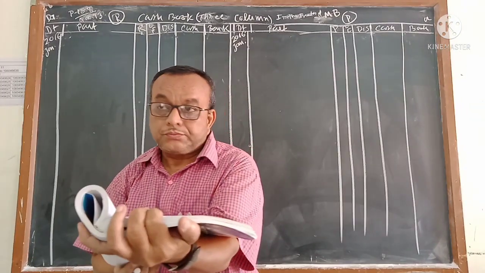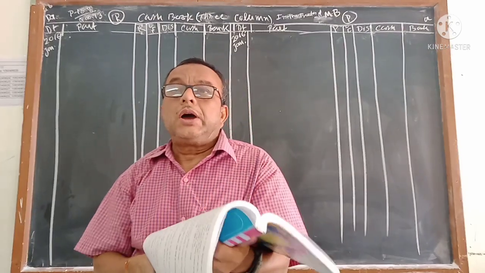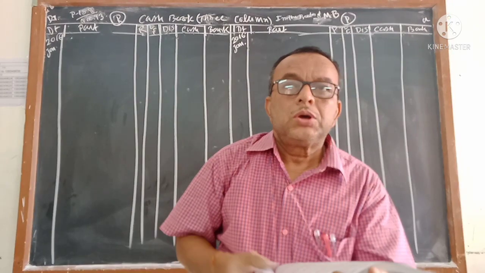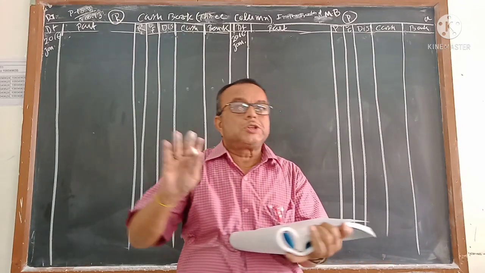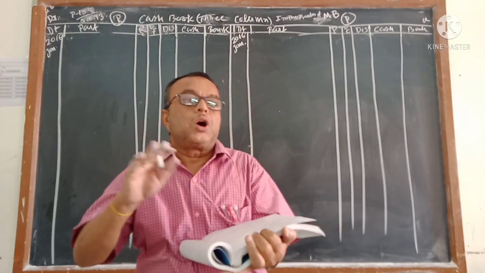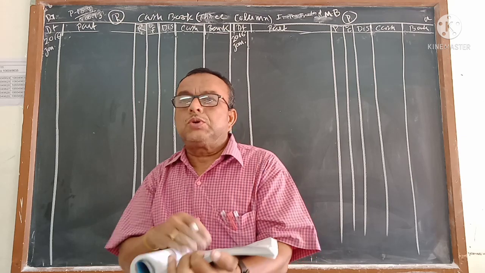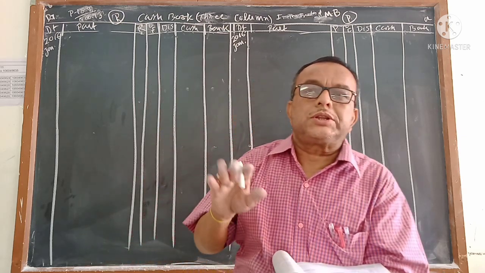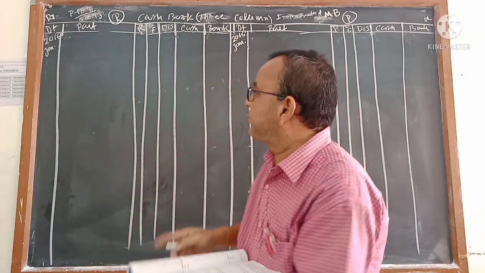Now we will follow the entries one by one, think about them, and do the posting accordingly. Once again I want to remind you, there are 2 types of cash book you maintain generally: one is the petty cash book and the other is the cash book. The cash book is again of 3 types: single column, double column and triple column. But the most important questions are the double column and triple column types, which come generally.